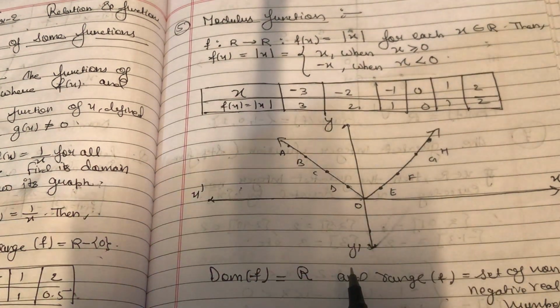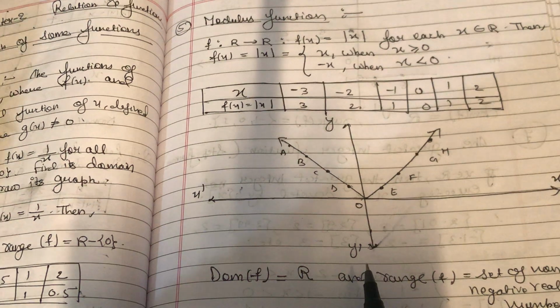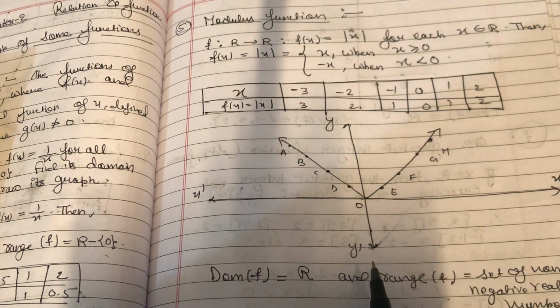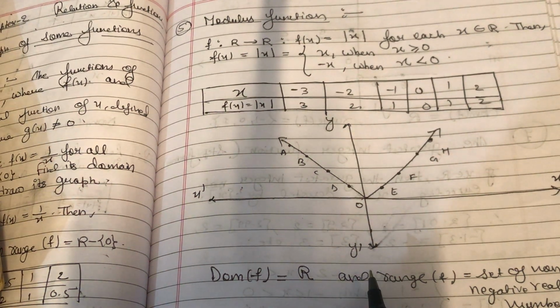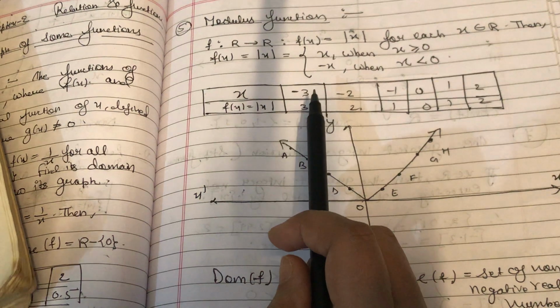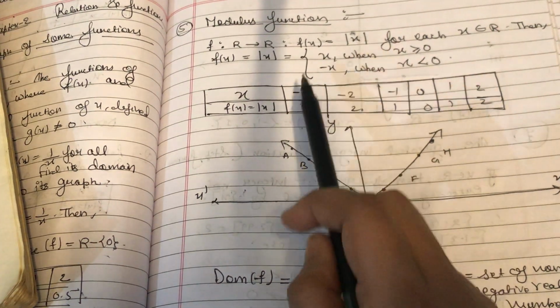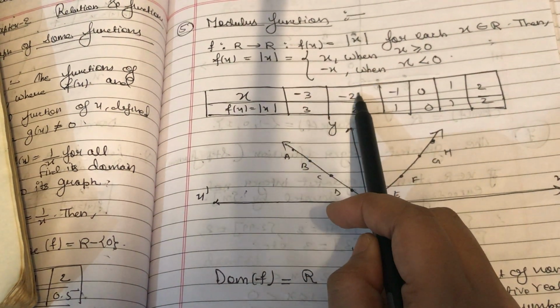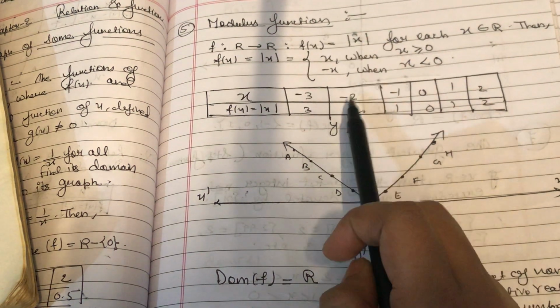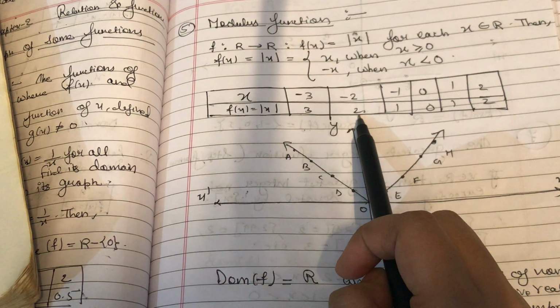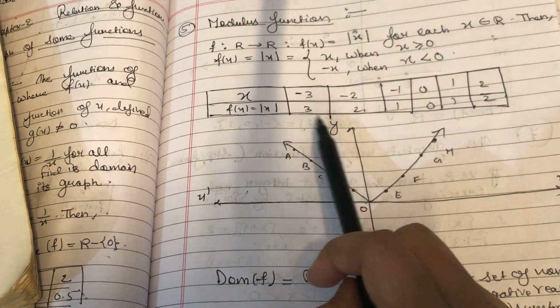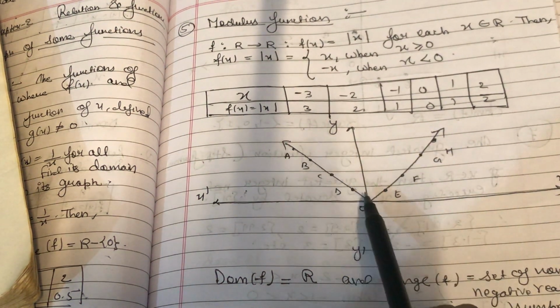As you can see that here I have plotted, and in every case I am going to get the same answer. So you can relate this from here. Even if I put minus 3, I am going to get the answer 3. Even for minus 2, if I put it inside the mod, I am going to get this positive value only, right? So this is the value which I am going to get.